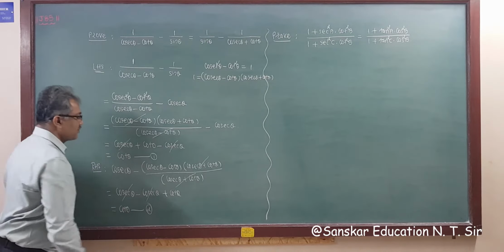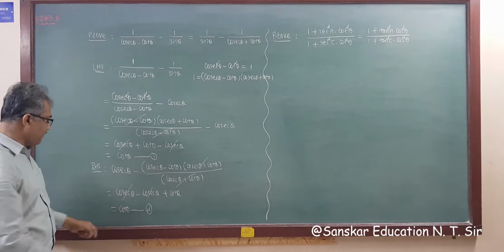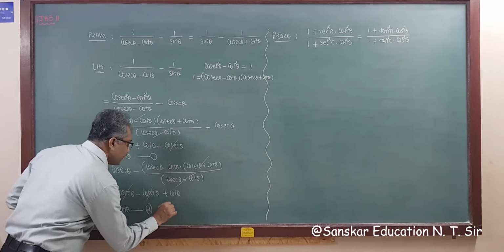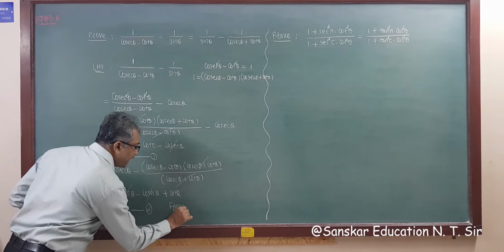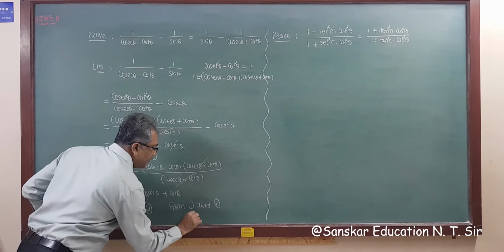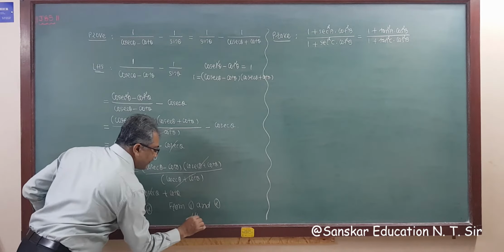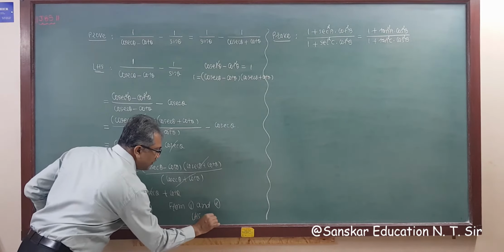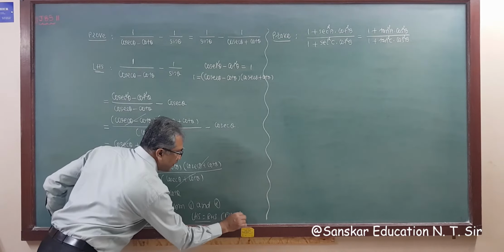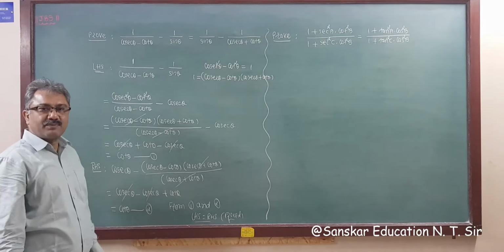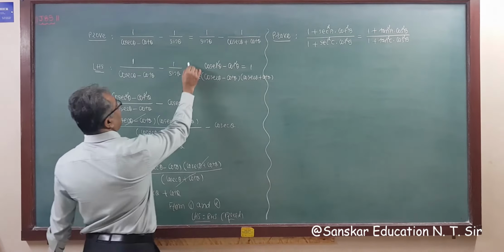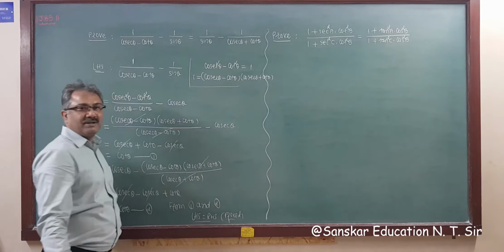This is result number 2. So result number 1 and result number 2 are the same, that is, left hand side is equal to right hand side. So from 1 and 2, left hand side is equal to right hand side. Hence this result is proved. So this is a very nice question and it's an application of one shortcut which I showed.